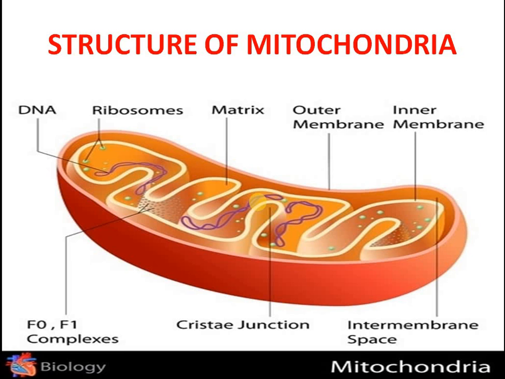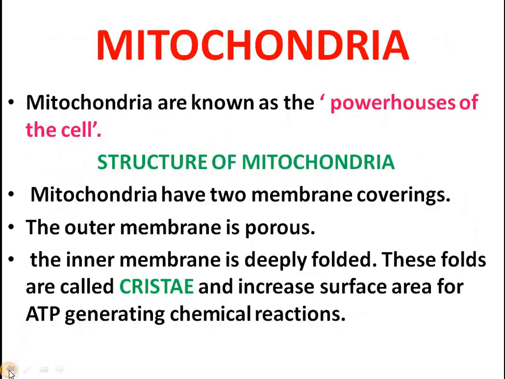So money is the currency that you use to buy something. Likewise, whenever you want to perform any physical activity or any activity of the body, you need energy, and that energy currency of the body is ATP molecules, which you use to do any work, and these ATP molecules are generated by mitochondria. That is why they are known as the powerhouse of the cell. Fine. Now you will be clear with this line.